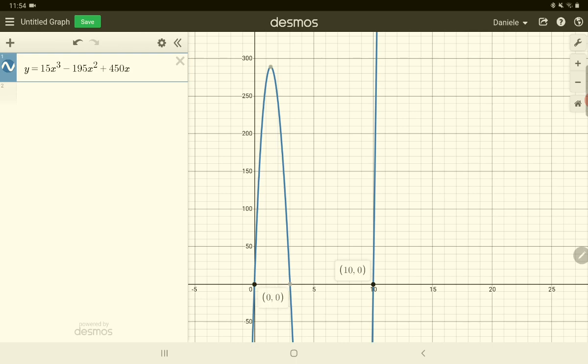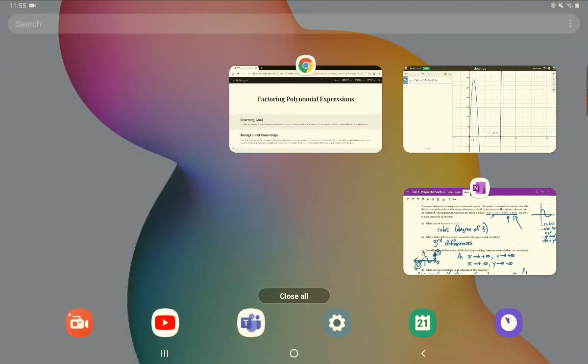So basically my advice to you is to graph this out on Desmos for the technology questions and really just make sense of the question to figure out what part of the curve is relevant to the question. From there, you'll be able to tell what the domain is. Okay, let's go back